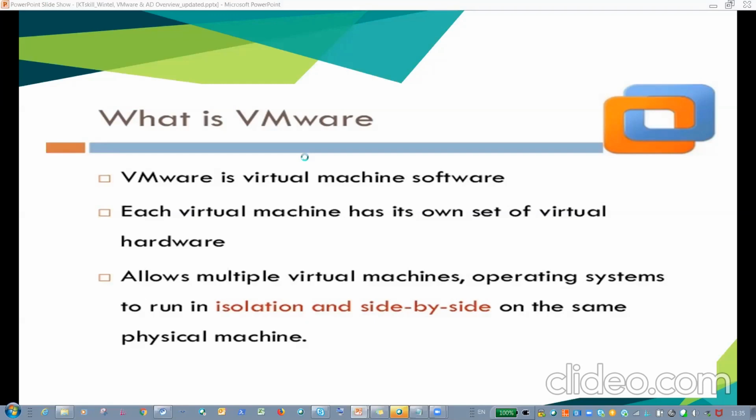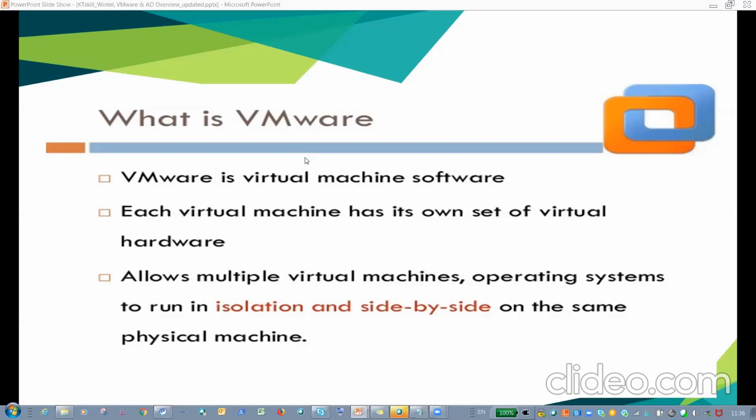Okay, let's move on to the VMware part. What is VMware? VMware is virtual machine software. We call it software because we can install it from the VMware site. Each virtual machine has its own set of virtual hardware, since only one physical machine is required.